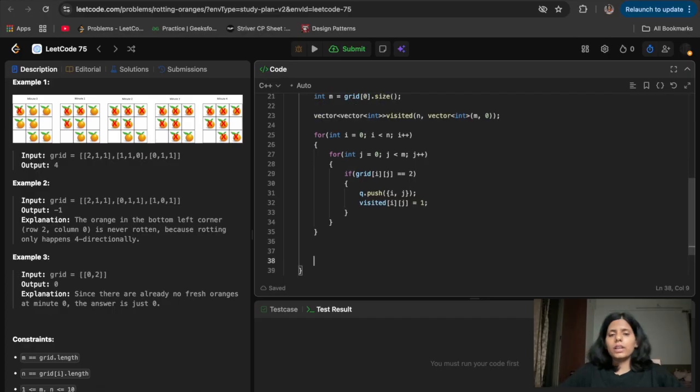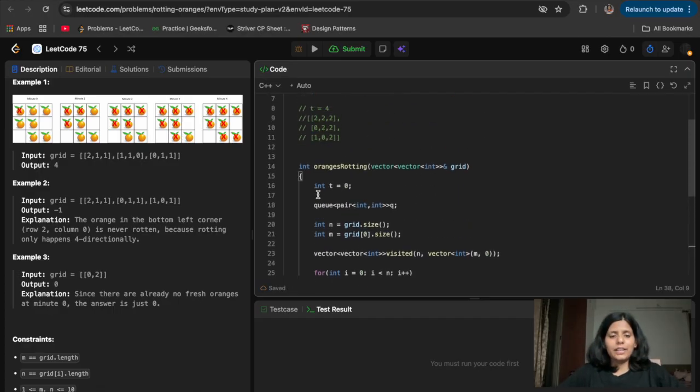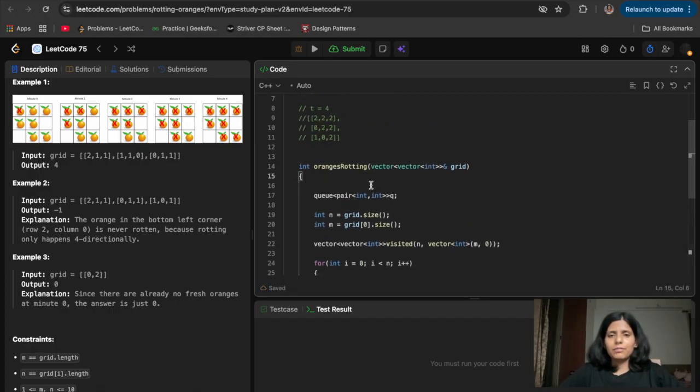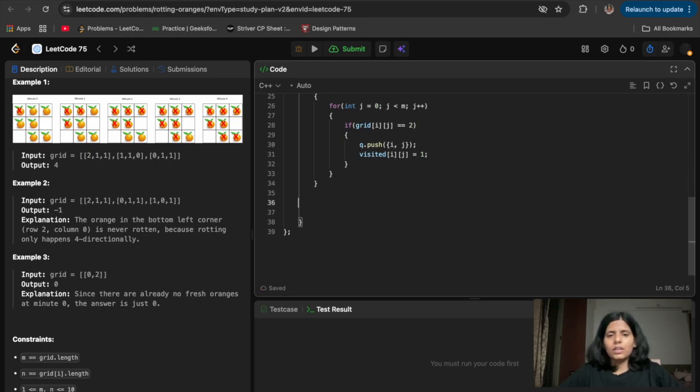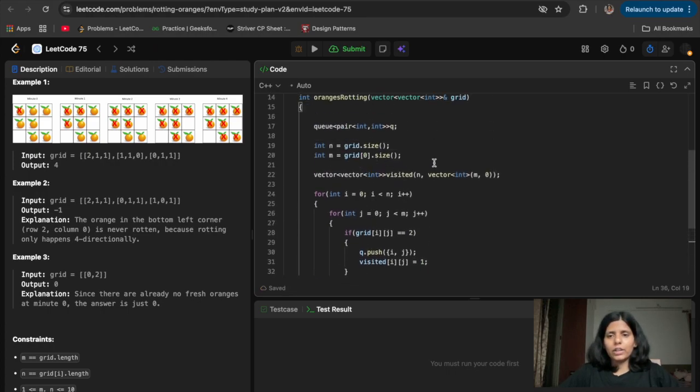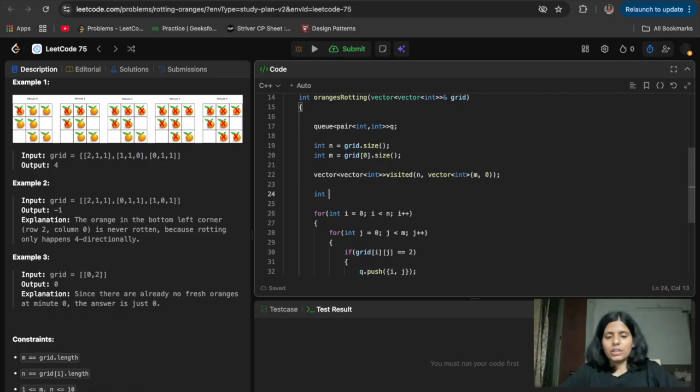So now, this is the time, which is 0. Also, while doing this, I will count the fresh oranges. Whenever I rot one orange, I will decrease the fresh orange count, and if it is 0, then I will return the time required.